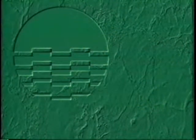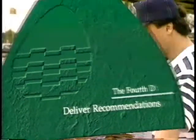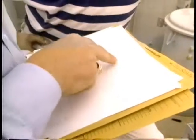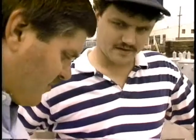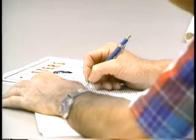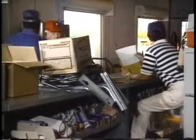Now that we've seen how the team worked through the third step, Decide on Solutions, let's look at the last of the 4 Ds, Deliver Recommendations. We'll see how the team prepared their recommendations by creating action plans to document and articulate the results of their efforts, to analyze the actual customer requirements, define each problem area, state the conditions and events which contributed to each